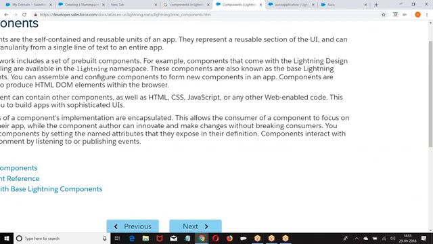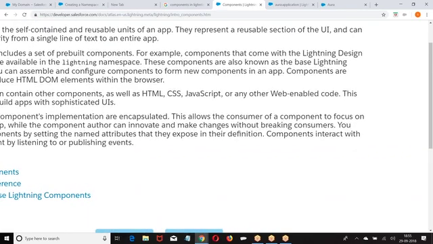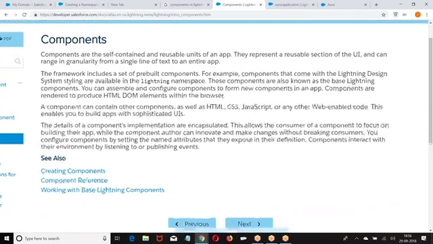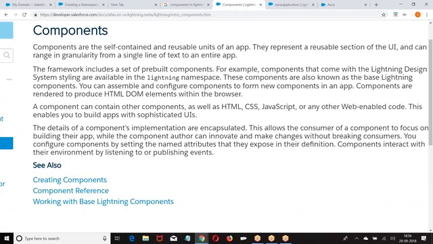HTML, CSS, JavaScript or any other web enabled code. Whatever is supported by the web browser that we can use. For what? For building complex or sophisticated UI. Basically the purpose of this is to build UI. Logics are anyhow written at the backend using Apex. I hope you are good with this. People are good. Am I good with this?